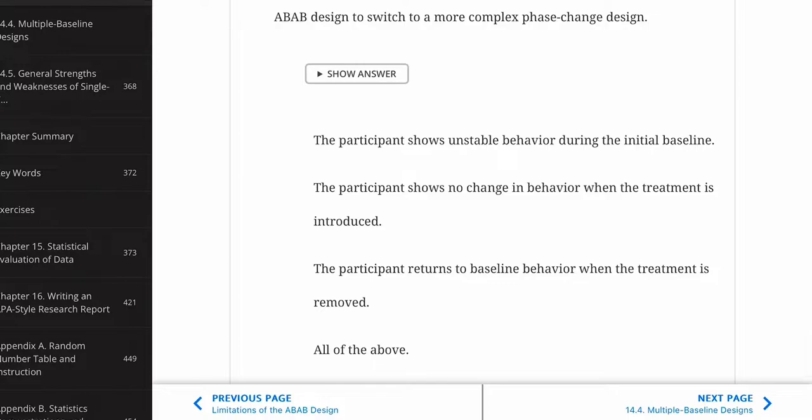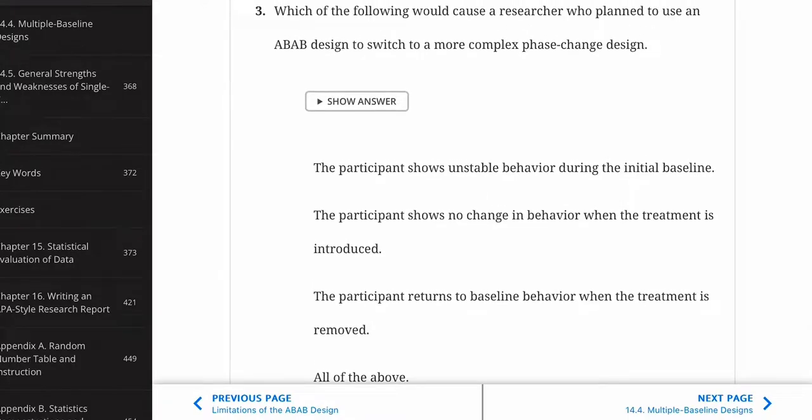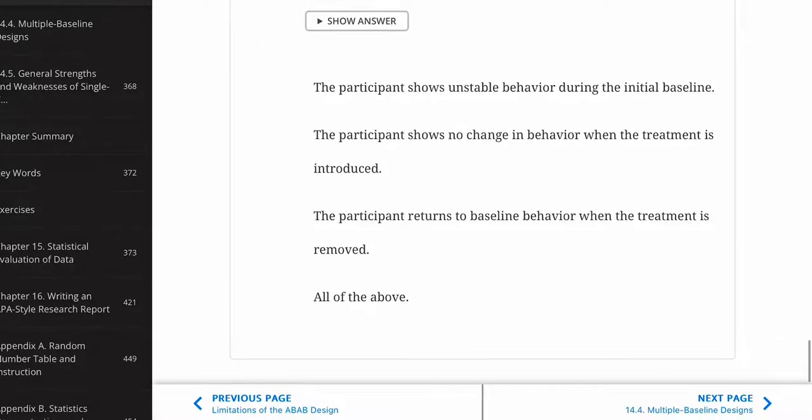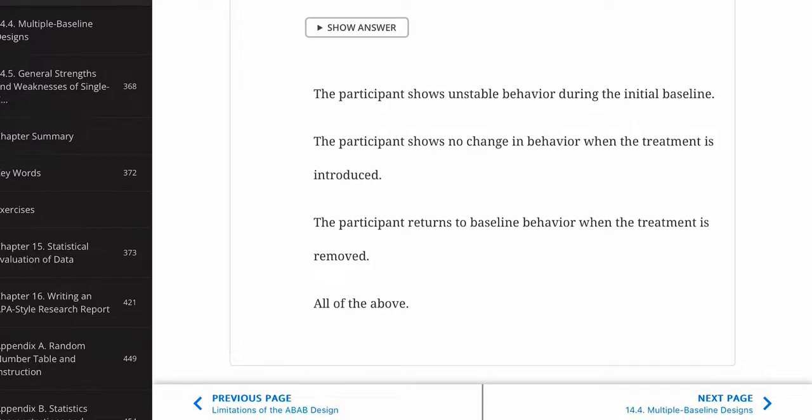Which of the following would cause a researcher who planned to use an ABAB design to switch to a more complex phase change design? If the participant is showing unstable behavior in the initial baseline, that just means you need to extend the number of observations in the baseline. So that's not what that is. If the participant is showing no change in behavior when the treatment is introduced, then you may need to tweak that treatment or introduce a different treatment. So that's not the answer. And so the third answer, the participant returns to the baseline behavior when the treatment is, oh